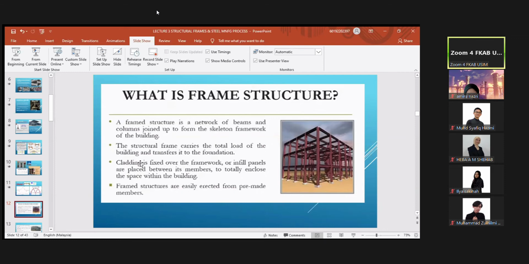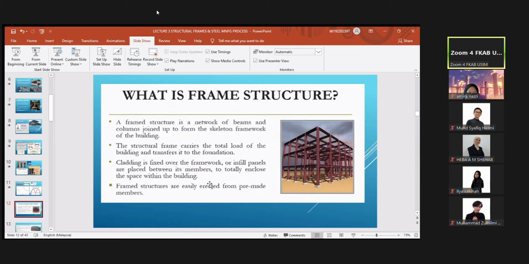Okay. Cladding is fixed over a framework, or infill panels are placed between its members to totally enclose the space within the building. All this empty area, I call it an opening, can be clad with cladding, can be filled up with cladding. Cladding can be steel cladding, brickwork, steel frame, timber, whatever. It depends on the situation and on the specification of the building. Okay, and then